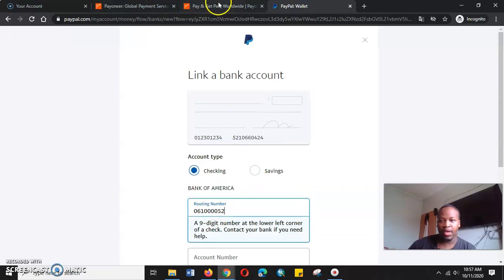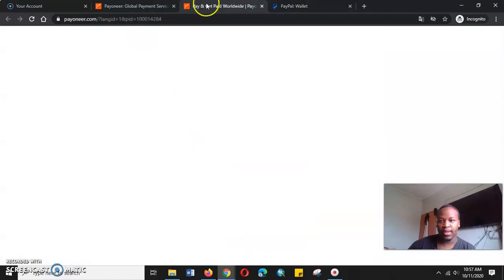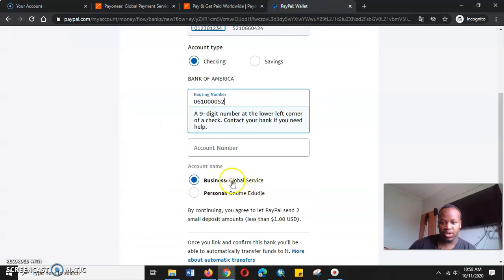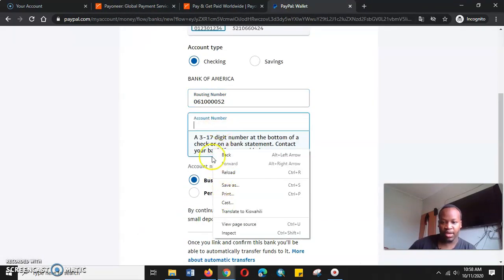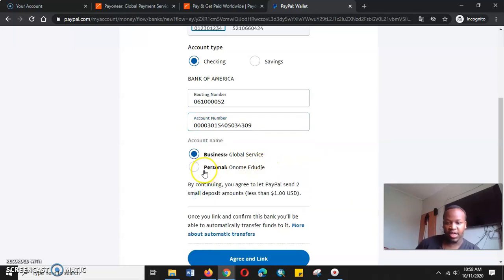Then we'll come and pick account number. Once we pick the account number, we'll come in and paste it here. So we'll be asked the account name. Account name, it's a business. By continuing, you will agree to send to small transaction less than